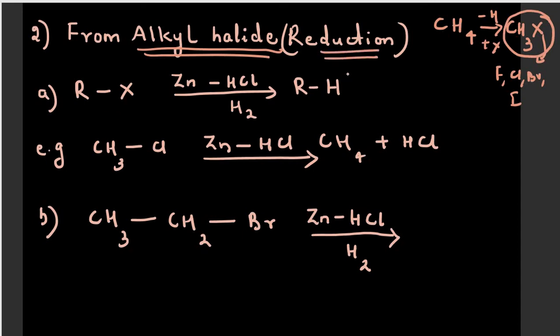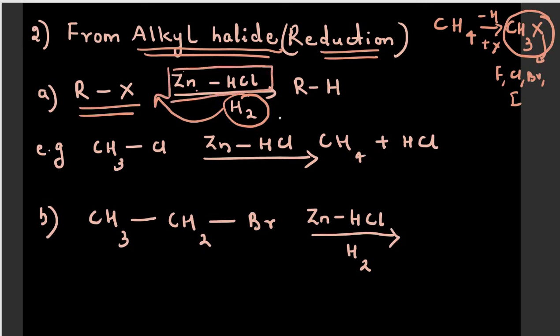Again here reduction is taking place, that means what? The compound is getting reduced to alkane, and there will be the presence of hydrogen. So in this case, here we have written a general formula. The first reagent that we are taking is what? Zinc in presence of HCl will give RH. Now when a metal reacts in presence of an acid, hydrogen will be evolved as gas, and this hydrogen causes the reduction. So when Zn by HCl is taken, hydrogen is evolved as a gas and it reduces the alkyl halide to alkane. The reaction is very simple.